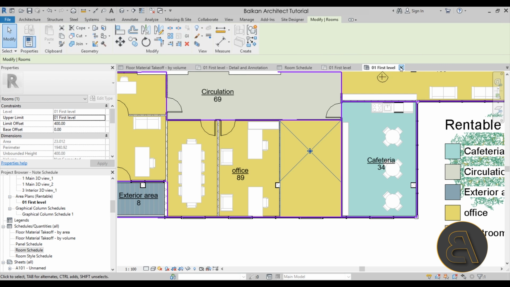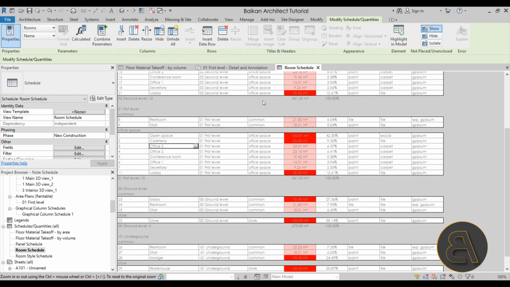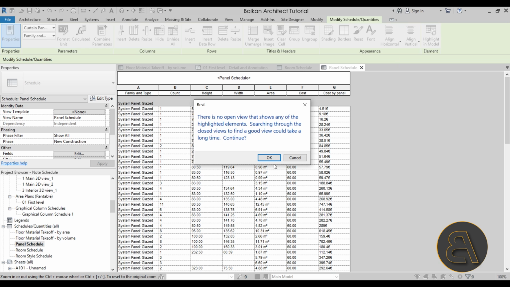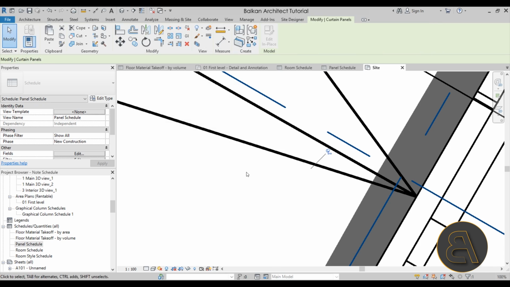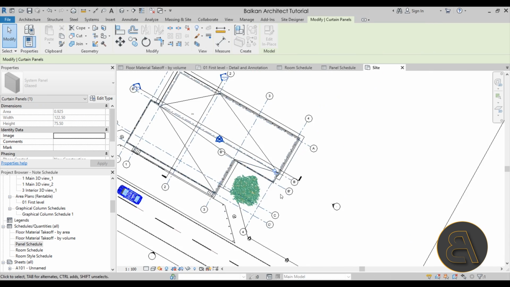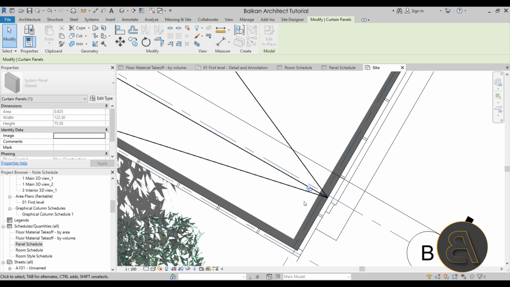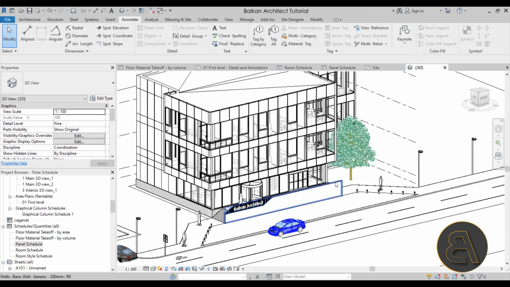Now I'm just going to cancel out of this and close the rest of the views. Now, this is sometimes going to work really good, but sometimes, for example, here, if I go with this panel schedule and select one of these panels and then click Highlight in Model, and then let's continue. As you can see, it can open up a weird view where you are not really sure where the panel is. So for example, here it has opened up a site plan, which is a terrible view to view your selected element. Maybe if I just switch to the 3D view,